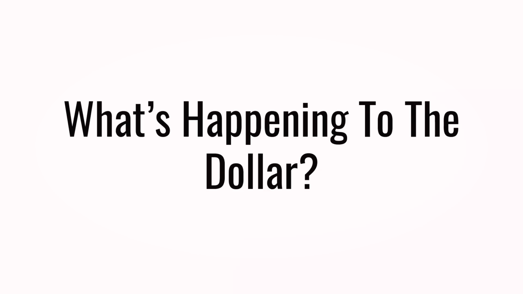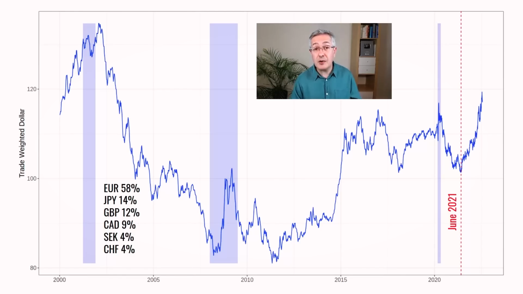So let's look at the dollar doom loop in a bit more detail. Let's begin by looking at what's been happening to the dollar recently. Now, one thing is to compare the dollar against single currencies, but what I've done here is look at a basket of currencies, and this is the trade-weighted dollar. And if you want to see the weights of that basket, you can see it in this table. By far the biggest weighting is against the euro, because that's where most of the volume is in the currency markets.